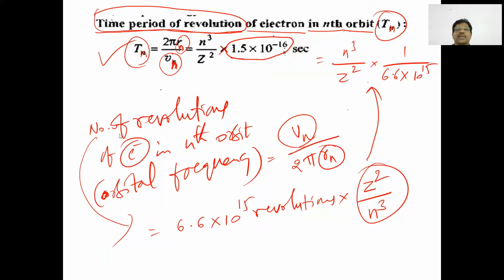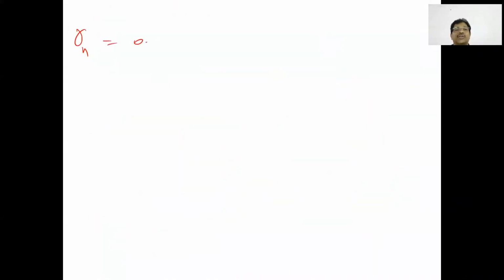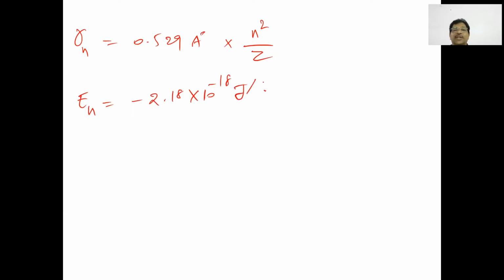Okay, so the different formulas we have discussed so far: rn is equal to 0.529 angstroms into n²/Z. En, the energy of the electron, is equal to minus 2.18 × 10^-18 joules per atom into Z²/n². Vn, the velocity of the electron, is equal to 2.1